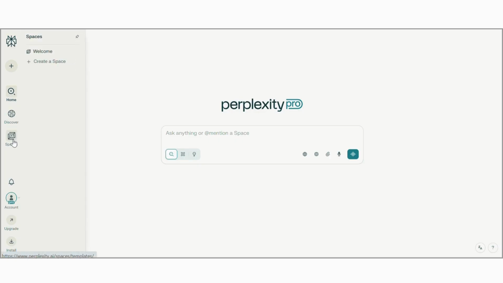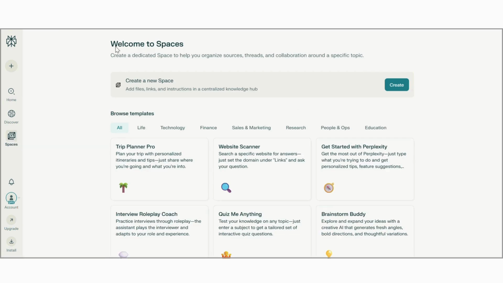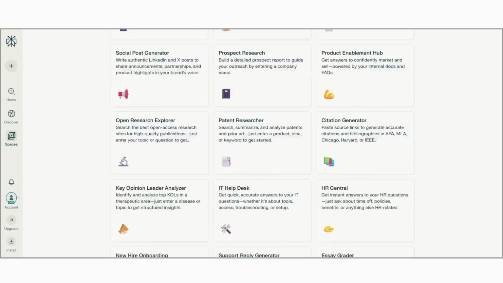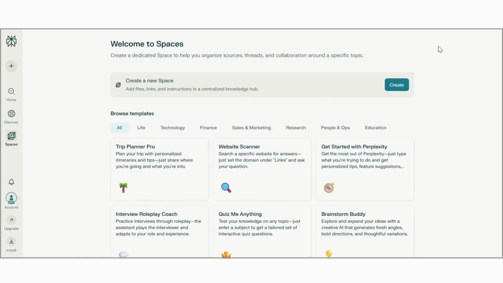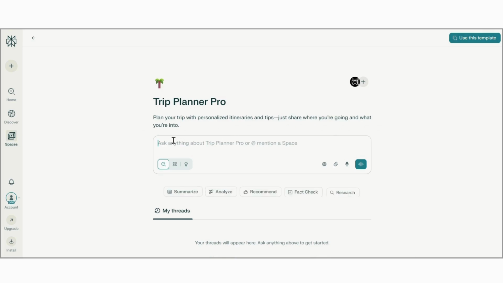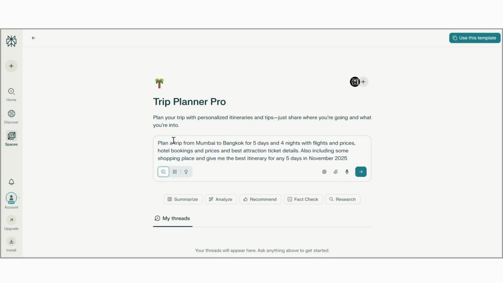Under Spaces, we get the option to create a new space to better organize search results and documents. It provides various templates like technology, education, etc. For students, it has templates like study guide generator, tutor me, etc. We will look at an example with this Trip Planner Pro template. We will ask to plan a trip from Mumbai to Bangkok for 5 days and 4 nights with flight, hotel,